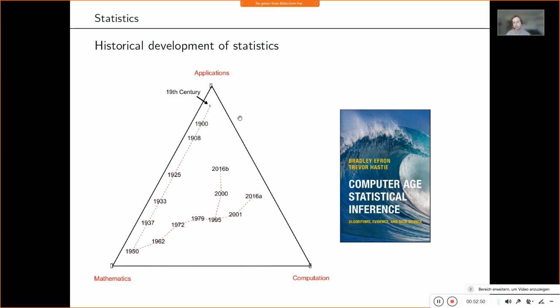they make this triangle between application questions, and they see statistics originating from application questions. For example, if you think of early 20th century statistics, Fisher and Pearson and Gosset and so on, of course they had really concrete problems in mind, and you might know that a lot of this early frequentist statistics was developed at Rothamsted, at this agricultural center. So the question was how to test whether a certain crop is better. That was a very applied problem.